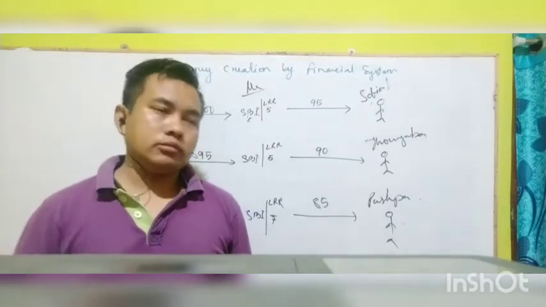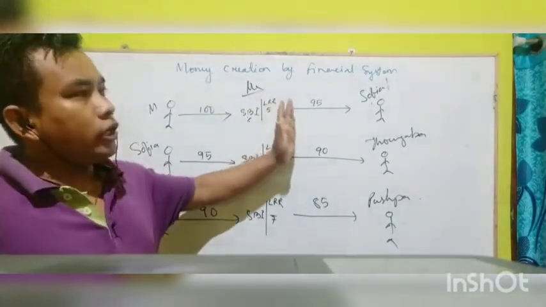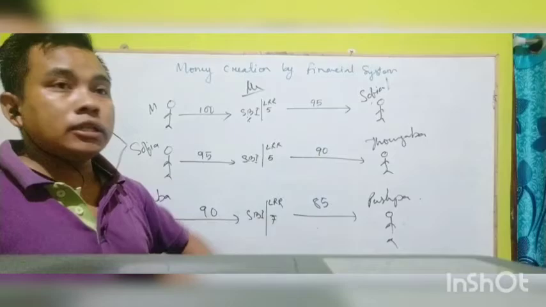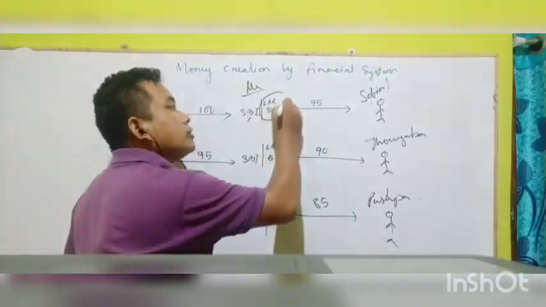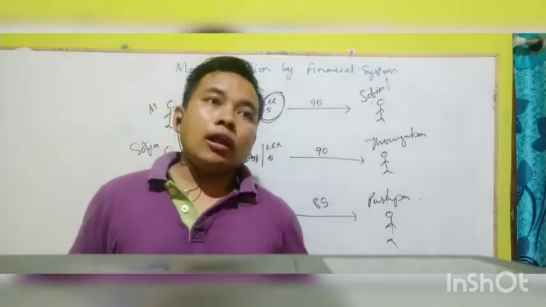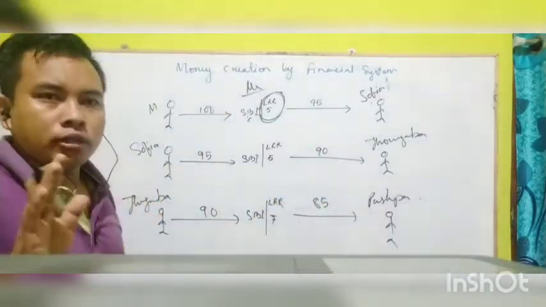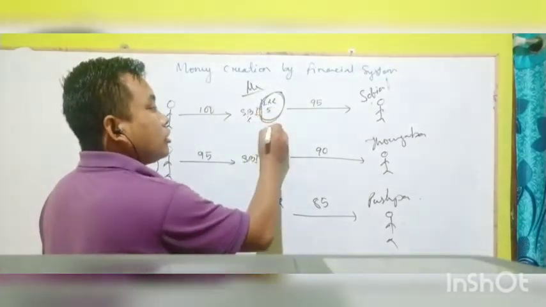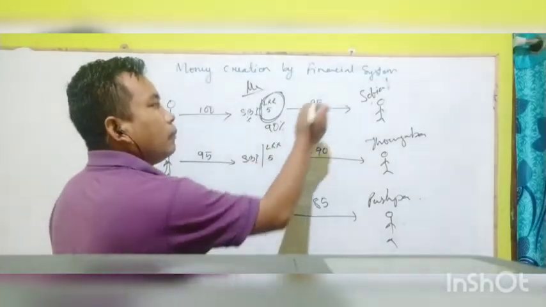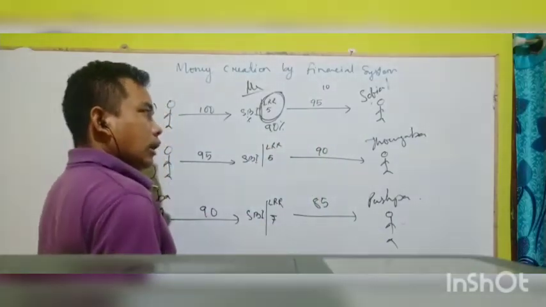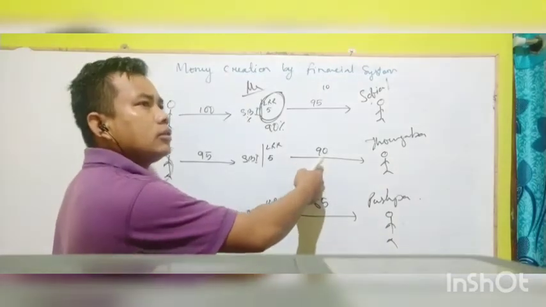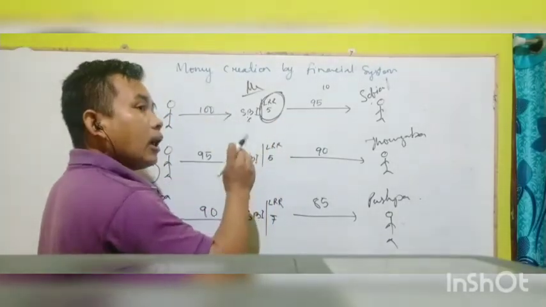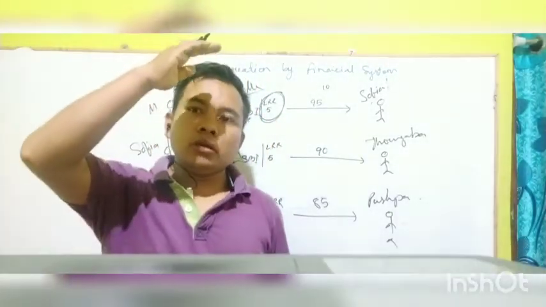Definitely increase. How much money will be created by the banks in this whole financial system depends on one factor. That factor is legal reserve ratio, LRR. If LRR is deducted more, imagine, actually this is a wild imagination, it's not possible in real life. I'm taking an example. Out of this 100, if LRR is deducted 90%, money creation will be 10 rupees only. Next time, it may be about 2 rupees only, 1 rupee, finish, done. What I'm trying to say is that if LRR increases, money creation in the economy will decline.